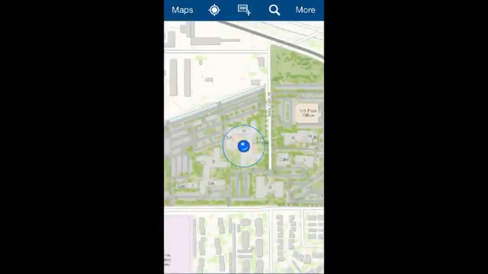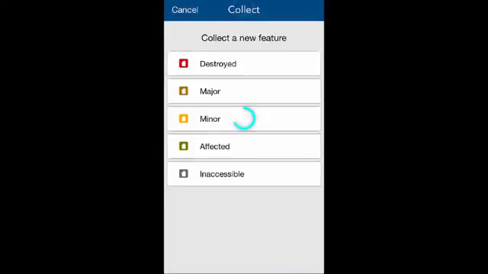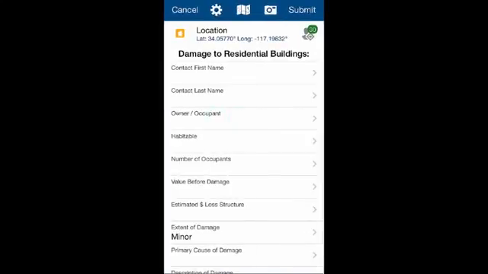I'll tap on the thumbnail of the map I want and it will open up. By default, we're going to zoom to my current location here so I can collect a damage assessment near where I am. We'll give it a few seconds to get its bearings, and we'll create the Collect New tool. I'm going to collect a minor damage assessment, and we'll see a form with a whole bunch of attributes I